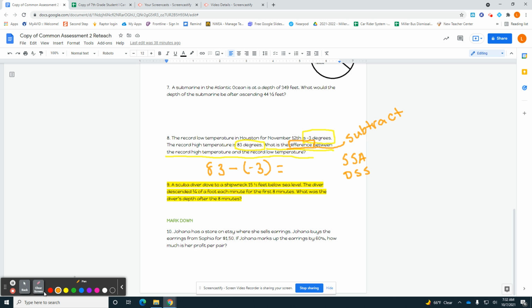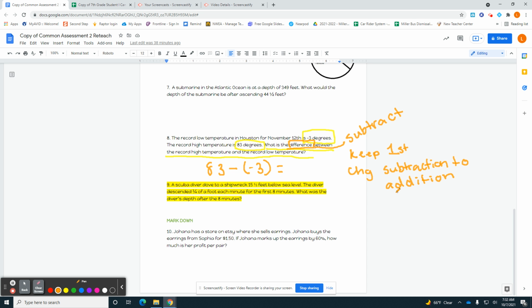Let me erase those so you don't get mixed up. Before you can follow those, remember, keep the first, change subtraction to addition,